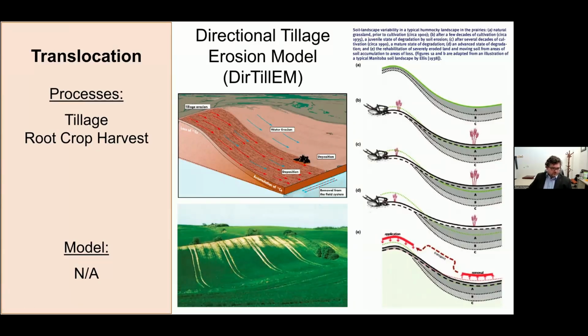But the process of tillage erosion is different from water erosion in that I can accelerate the natural process of water. So here's a natural landscape on the top where I've got very thin soils on the summits and very thick soils on the slopes, because over time water erosion has redistributed that soil as such. But tillage erosion actually accelerates that practice, and I will get a greater cut on my summits and a greater fill on my toe slopes. And again, we do not account for this, and here's a nice picture showing this issue in Canada where a lot of this work is being done to quantify tillage erosion.